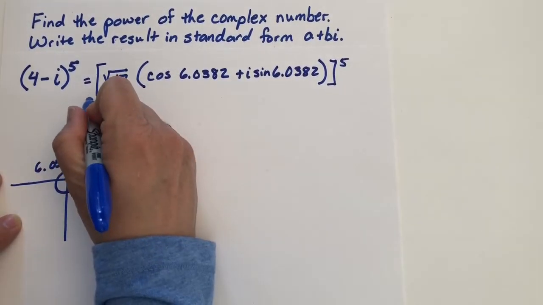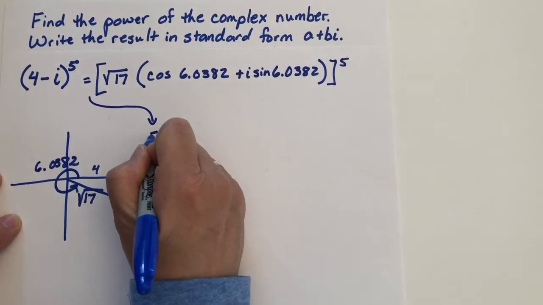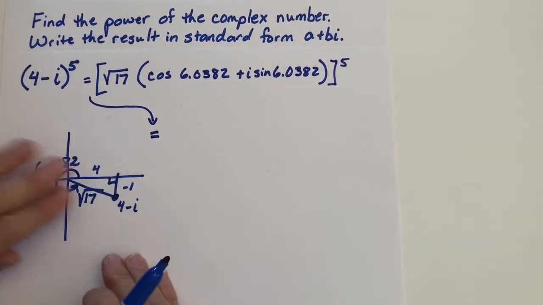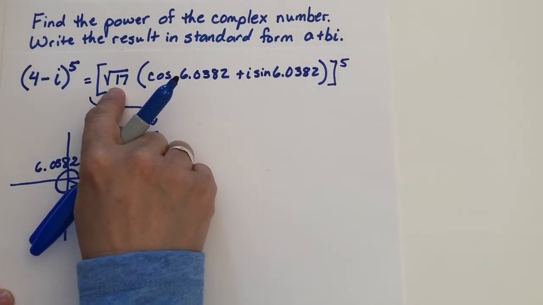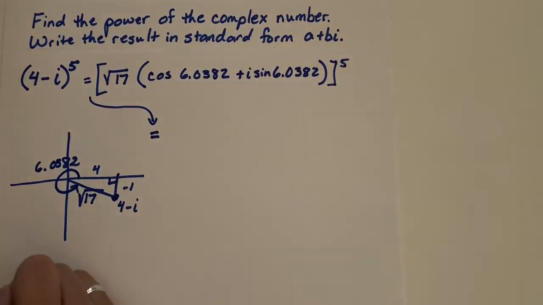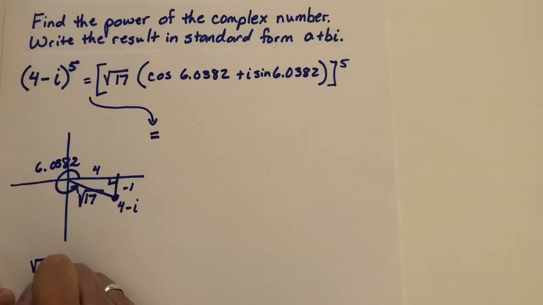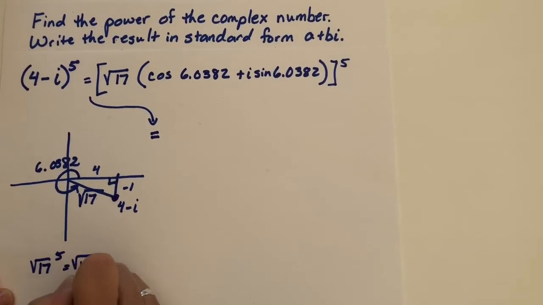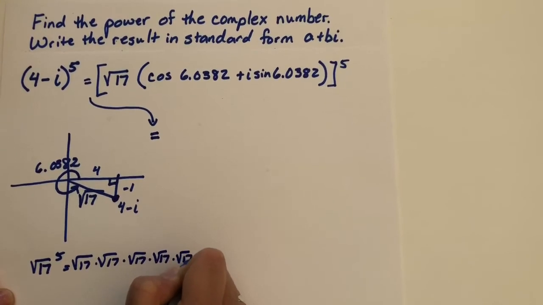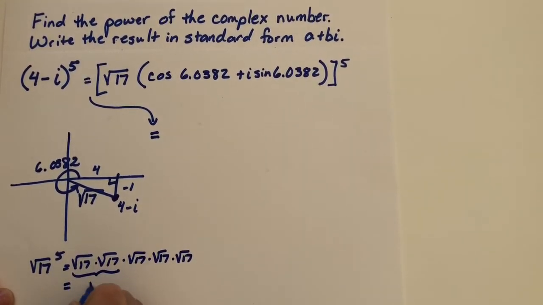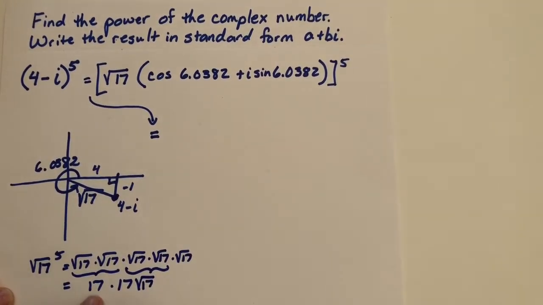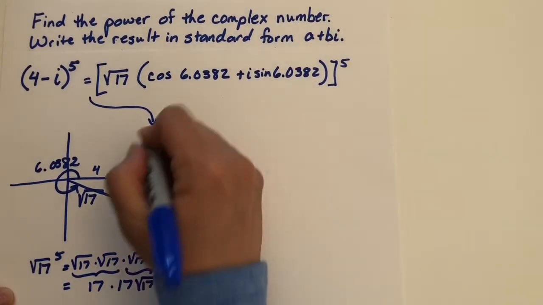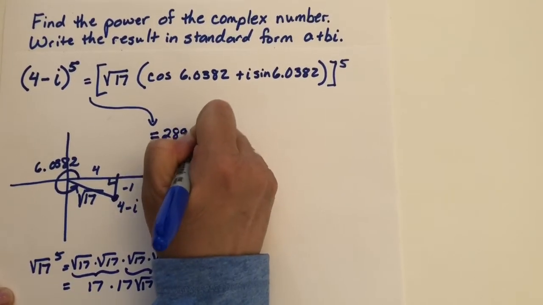So let's continue. I'm going to just come over here a little bit so that I have room, and not right on top of this. We raise square root of 17 to the 5th power. And remember, square root of 17 to the 5th power would be square root of 17 times square root of 17 times square root of 17. Right? So we would have this 17 times this 17 times that square root of 17. So we would have 289 square root of 17